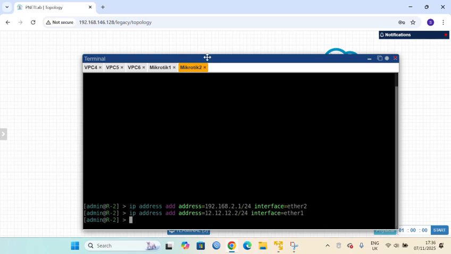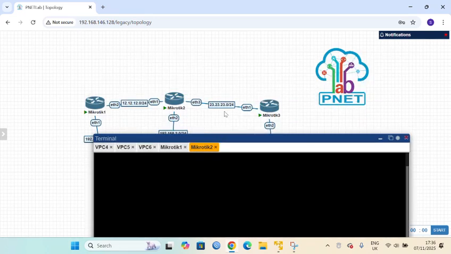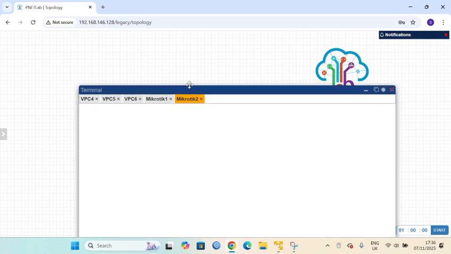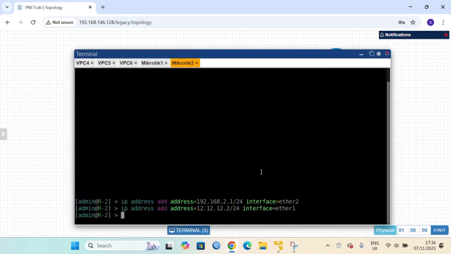And right there we have another one, the IP is 23.23.23.1/24. It's connected to port ether3, so we will configure that again. We change to ether3, and we write the IP 23.23.23.1/24. Okay, like this, you enter, and the configuration of the IP address in router 2 is finished.